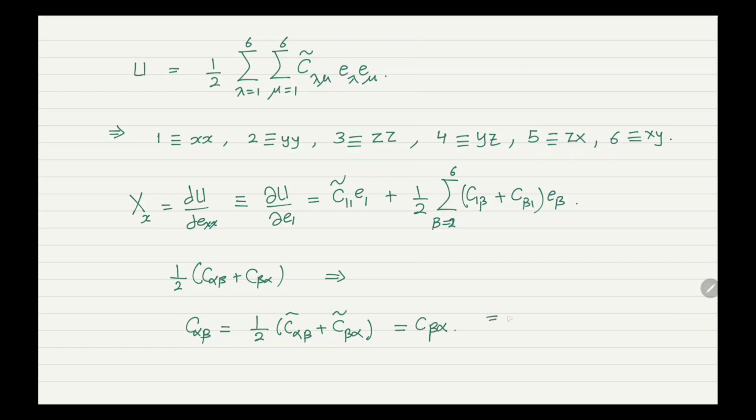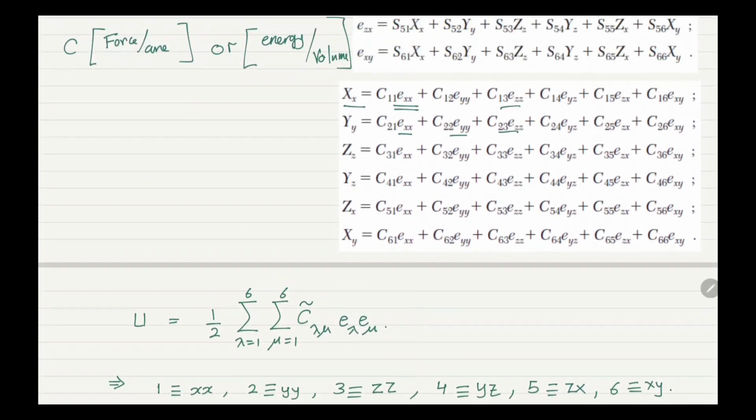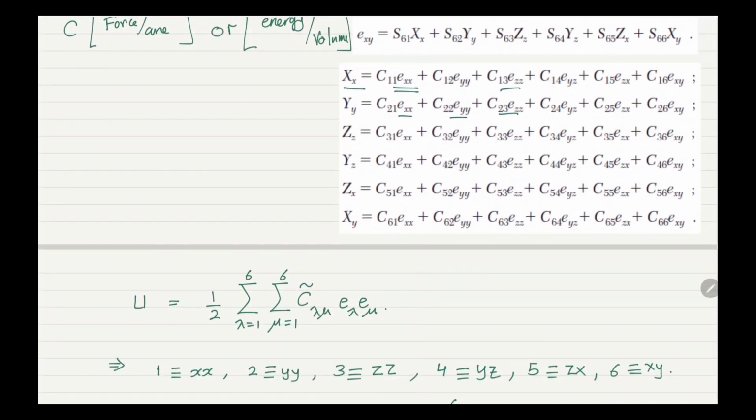In other words, Cαβ equals Cβα. Because of this condition, the 36 components, because Cαβ equals Cβα,